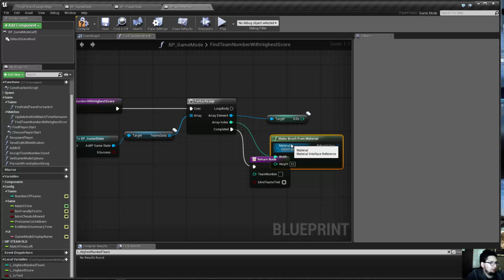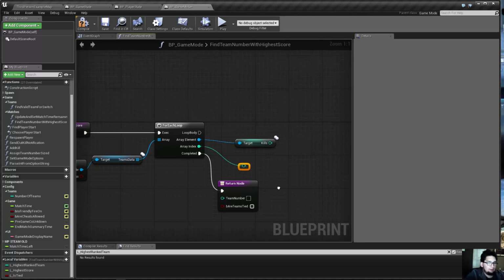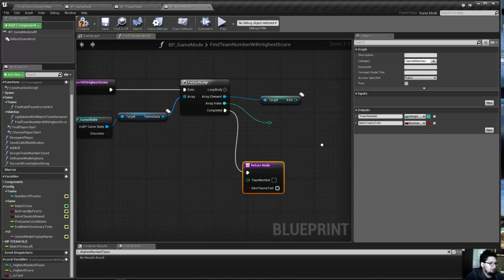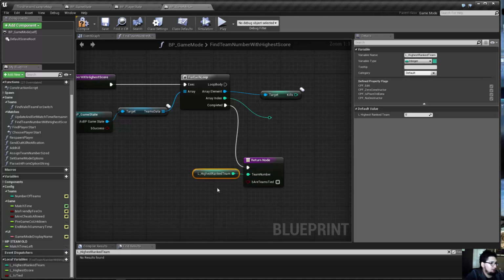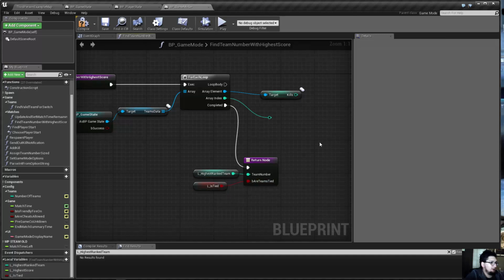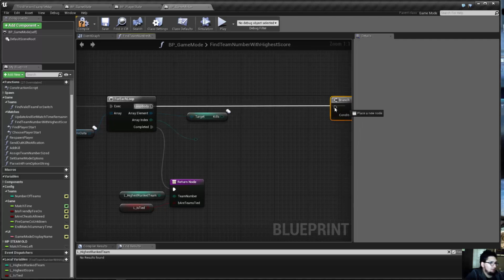So we get kills. We're going to need our array index rerouted. Whoops, wrong keys. So we're going to need that rerouted. So let's make ourselves some more room here. And the team number out will be the highest ranked team, and teams tied will be local variable is tied. So what we need to do is go into a branch